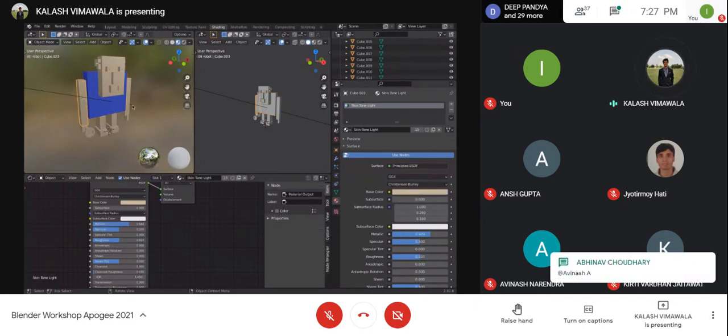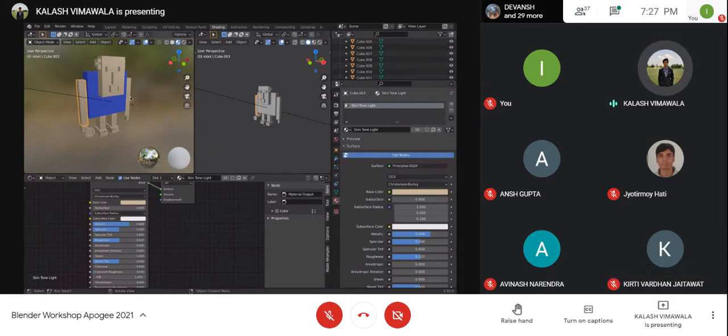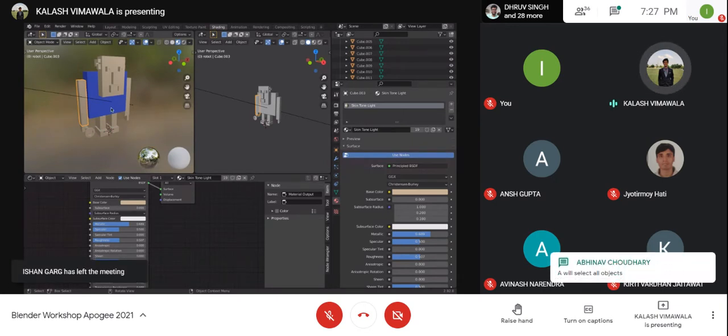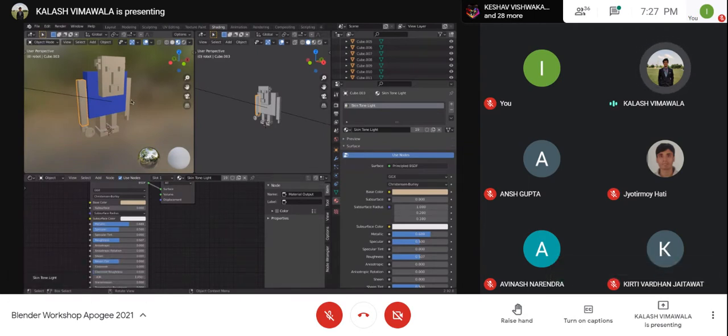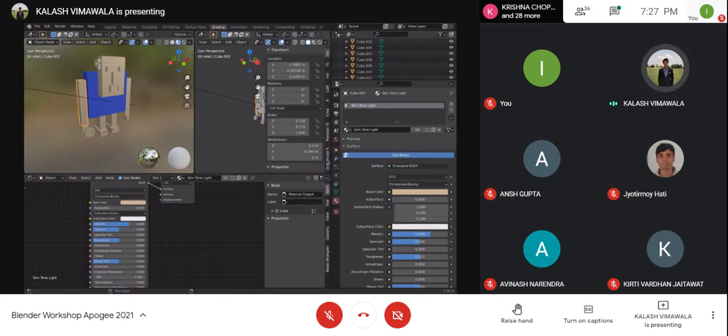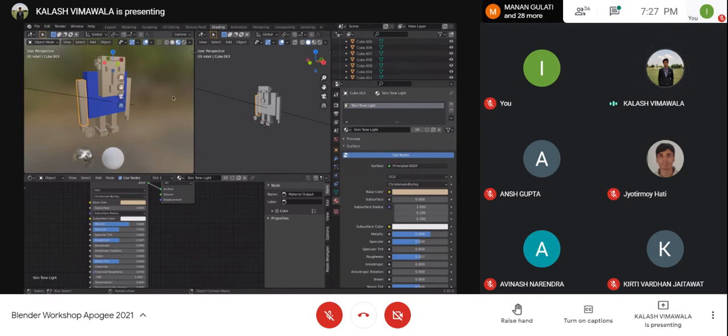All right. Since the torso and hands both have a shirt on them, they will have similar material attached to them. So in order to add different objects having the same material, what you can do is select the first object and press Shift. I'll just turn on my screencast keys.